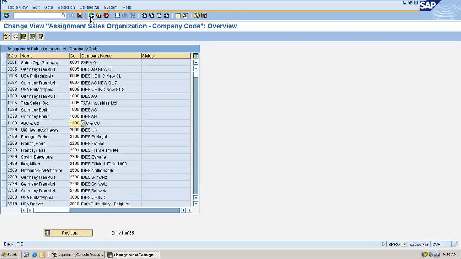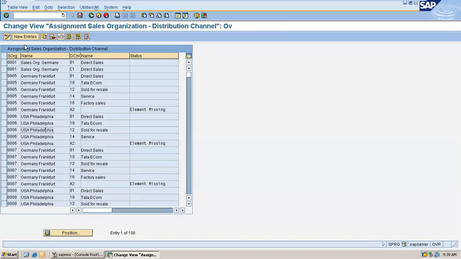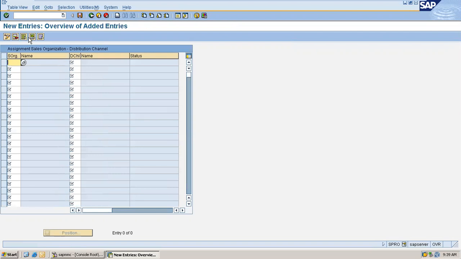Then come back. The next assignment is distribution channel to sales organization. So this is many to many. Let's say you have a sales org called 1005, and I'm assigning my distribution channel 10 to 1005.